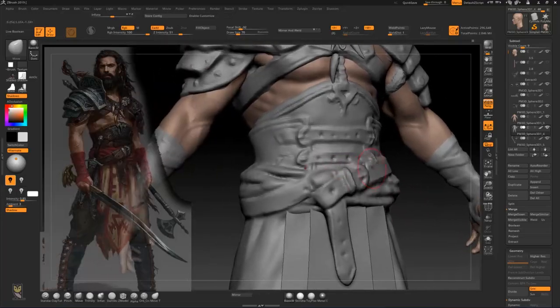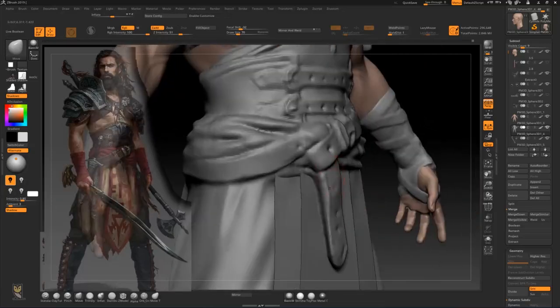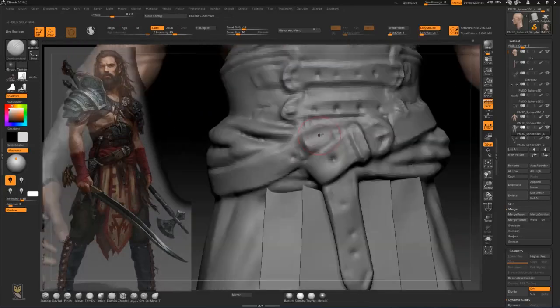This belt is covering a little bit this one, and we will disable symmetry in order to make this belt here, and this will be a little bit tricky to make in a low polygon version, because I will make everything, almost everything, in his possession here, his accessories, belts and everything, low poly